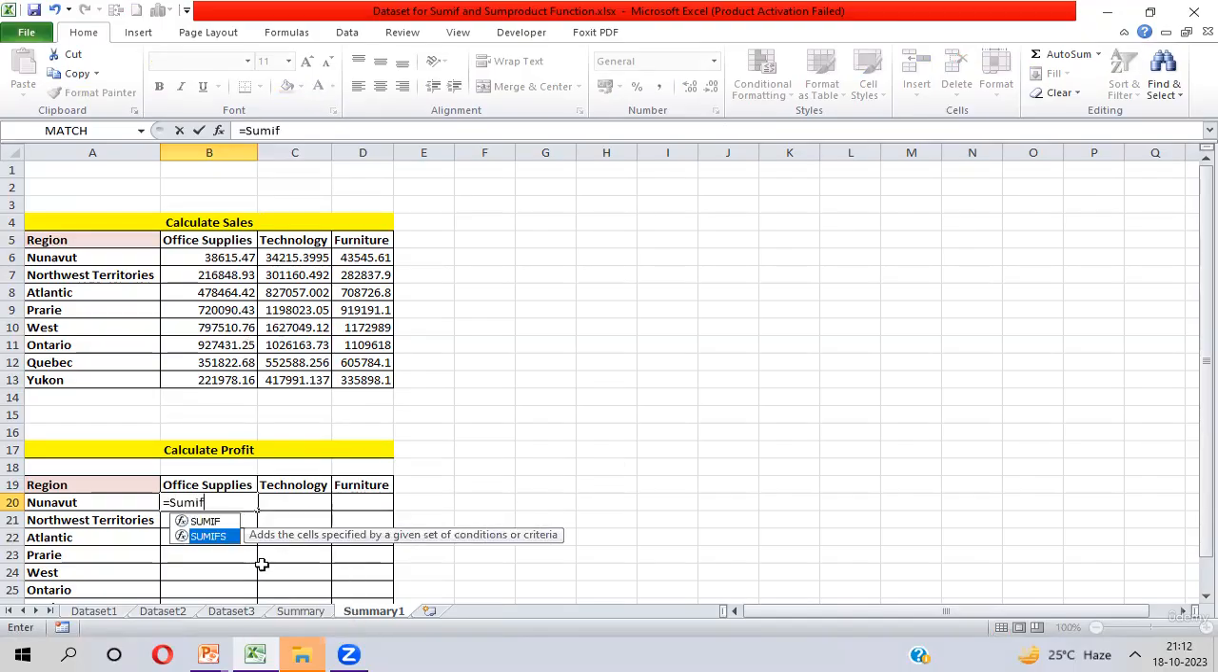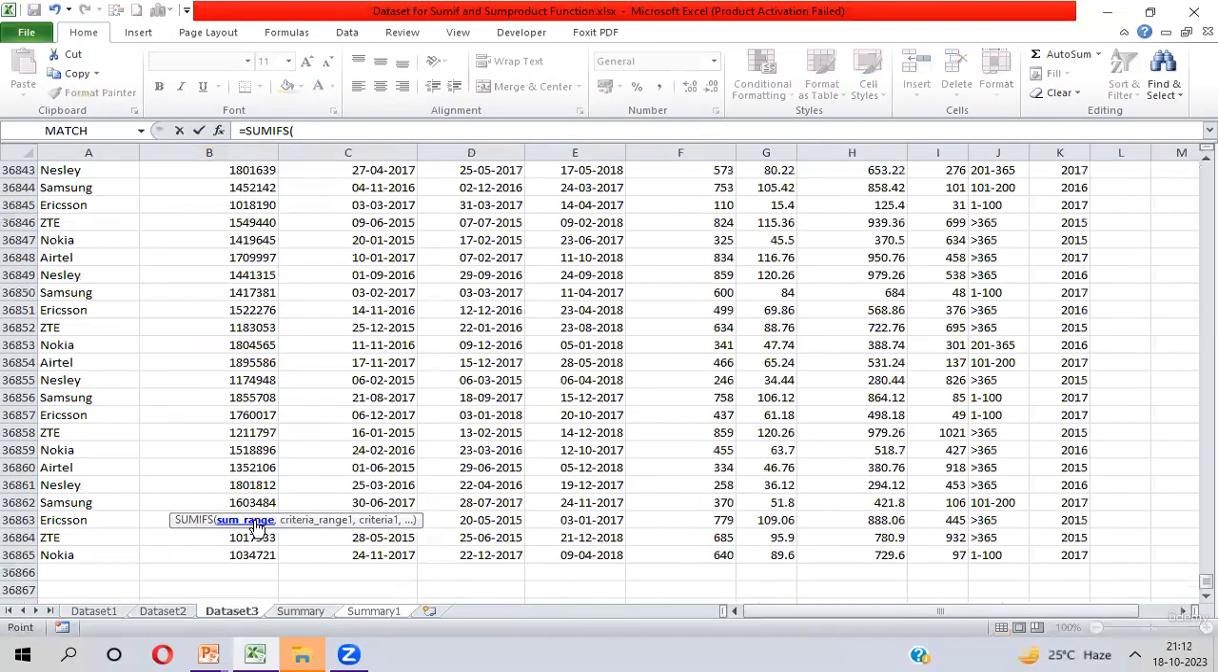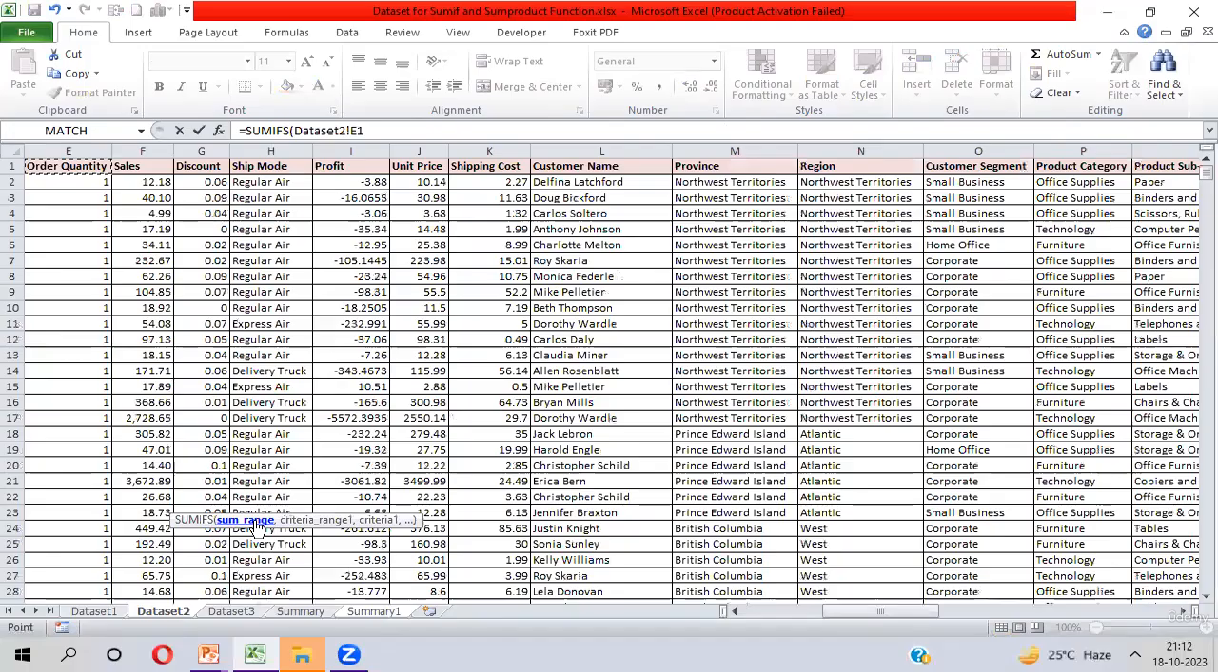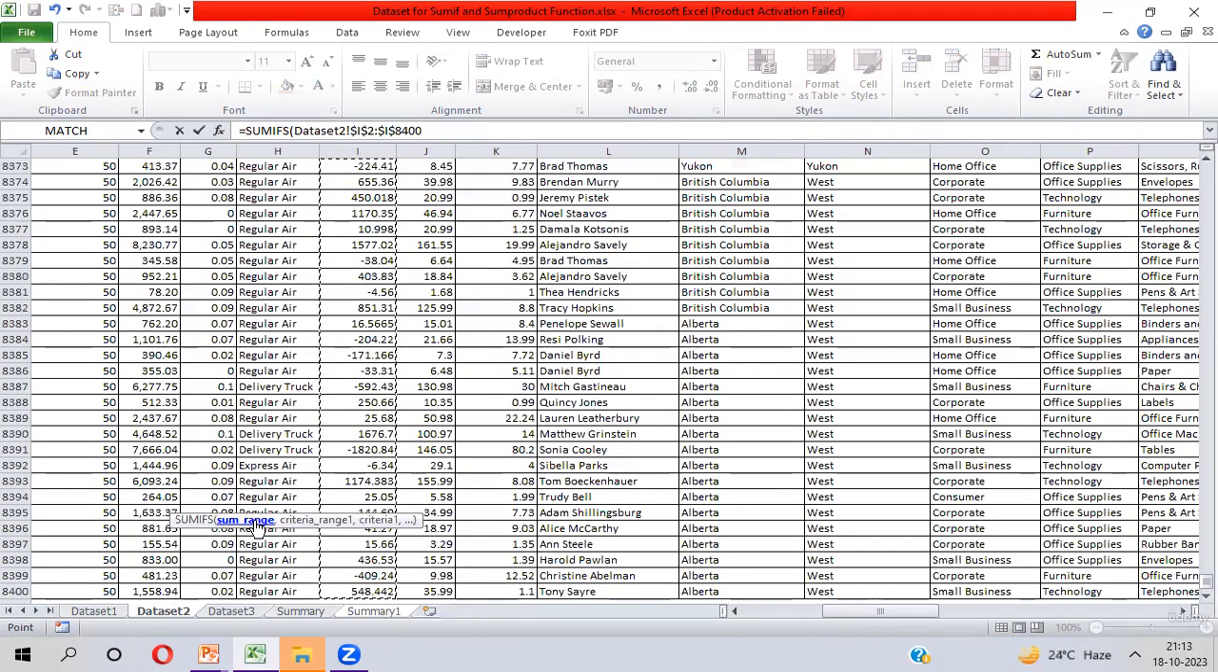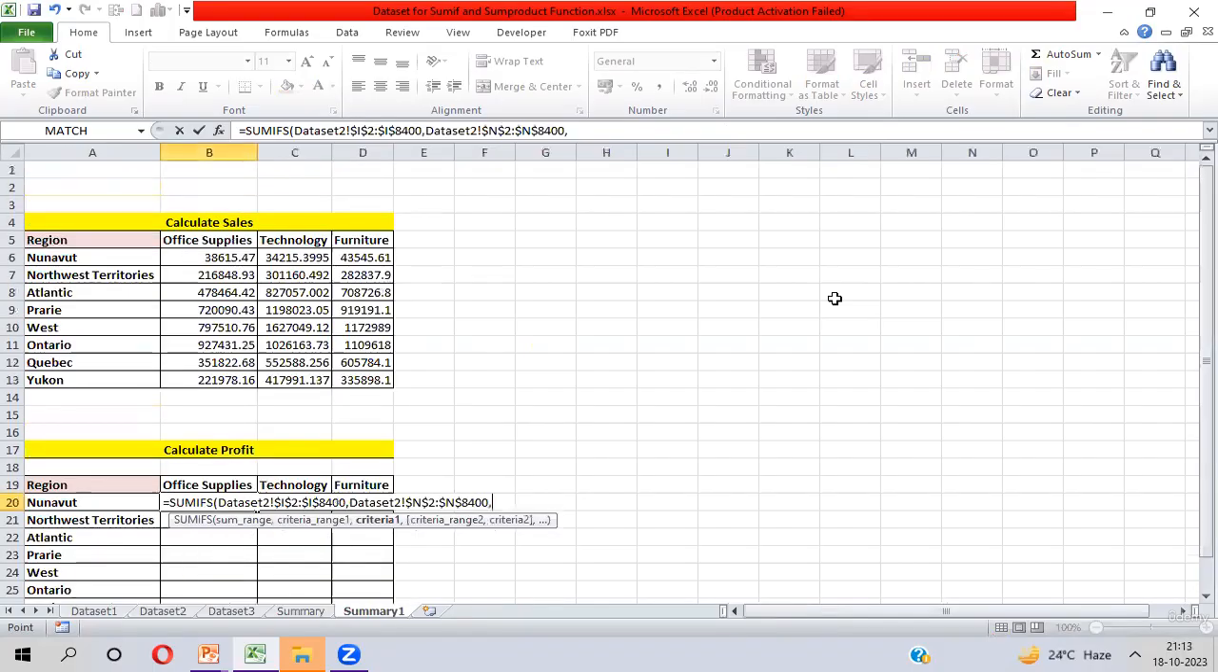I have already told you. So here I will calculate the profit. You have to go there and take the complete sum range. So this is the sum range. Take profit as the sum range because you need to calculate the profit. That's why I'm taking the complete range of profit here. Freeze it, comma, then criteria range 1. My first criteria is region. So you have to take the complete range of region, freeze it, comma,